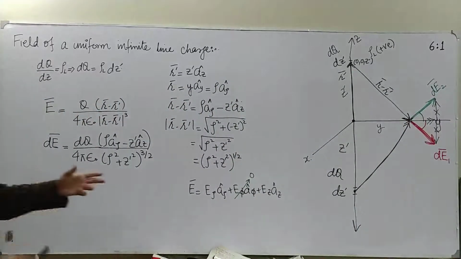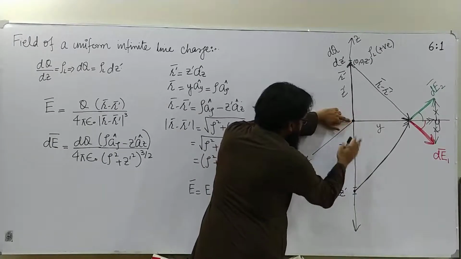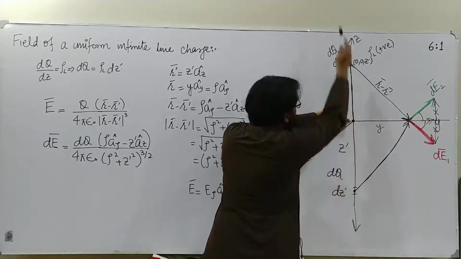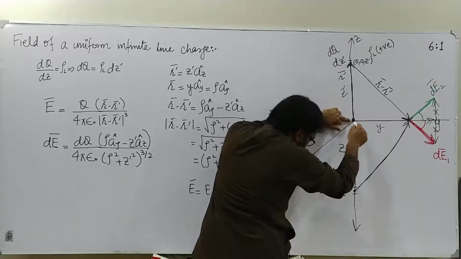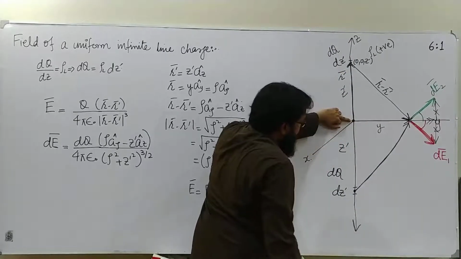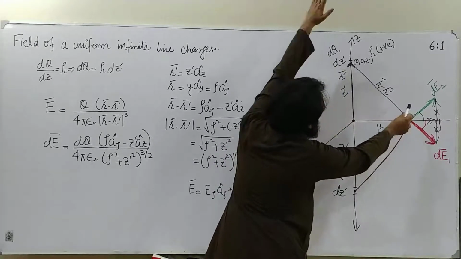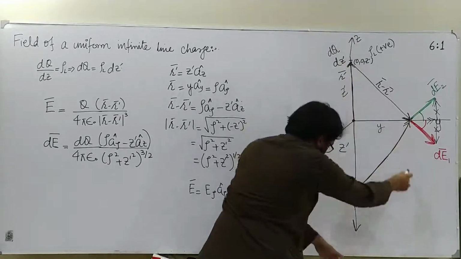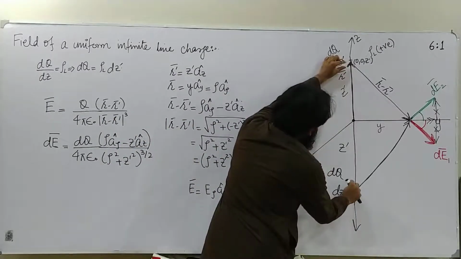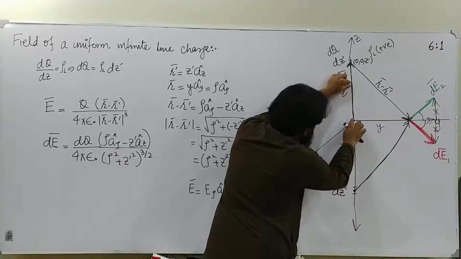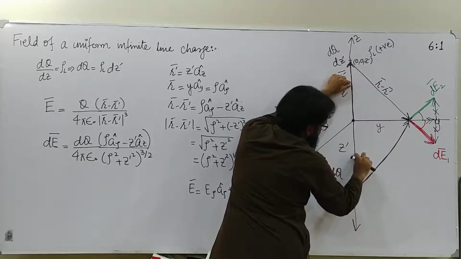So by checking the symmetry, we know that the length of the line charge above this point is infinity, and the length of the line charge below this point is infinity. So this point, the field point, has infinitely long line charge above it and infinitely long line charge below it. So at every place above the z equals 0 plane, there will be a point charge which will cancel its symmetrical